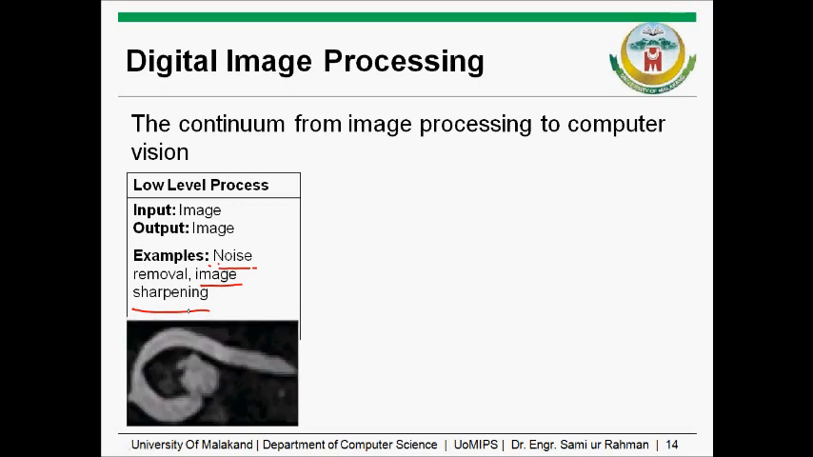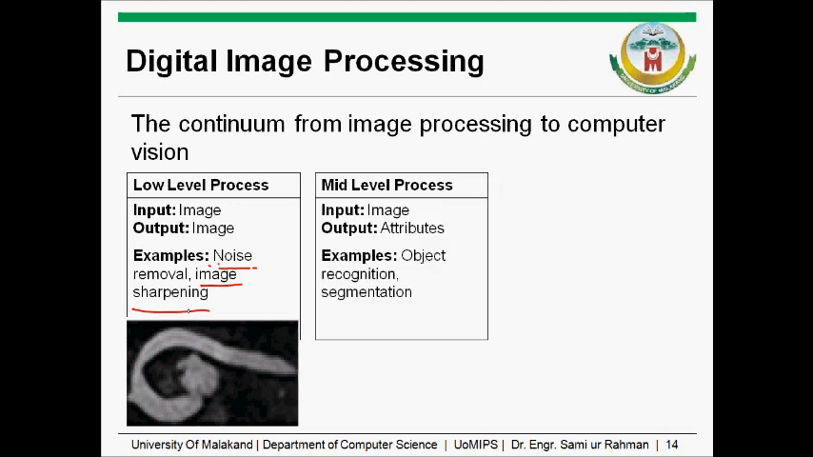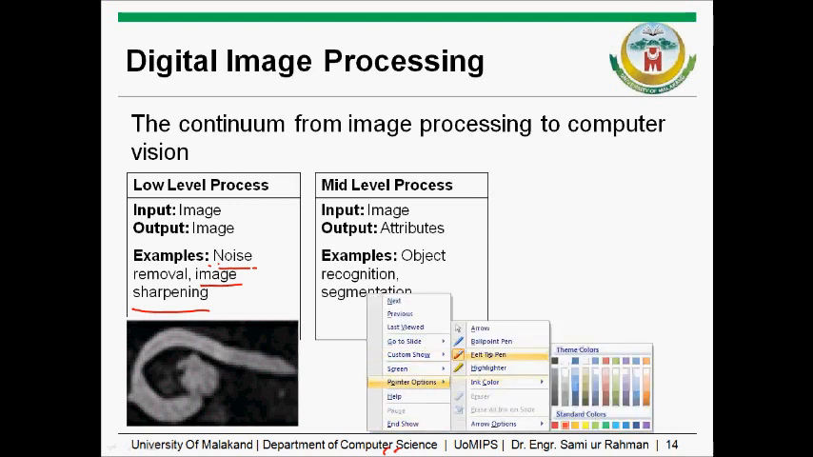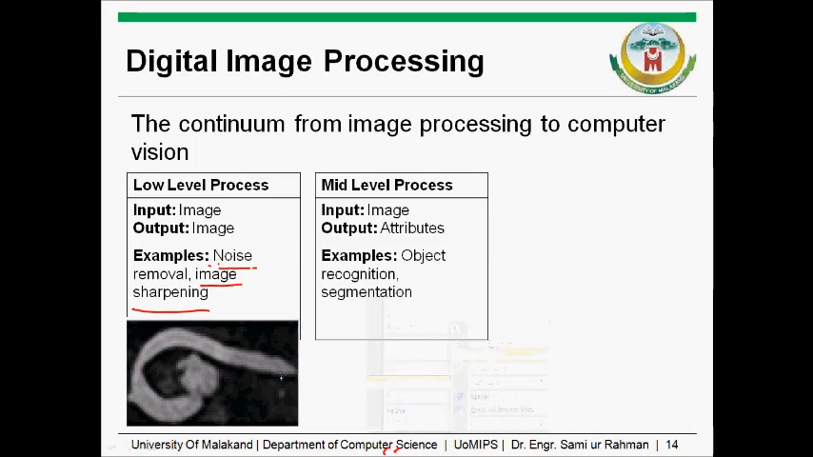Okay, for example, we have this input image. If the quality of this image is not good, and I improve the quality of this image, then that is low level processing. For example, here, in this image,